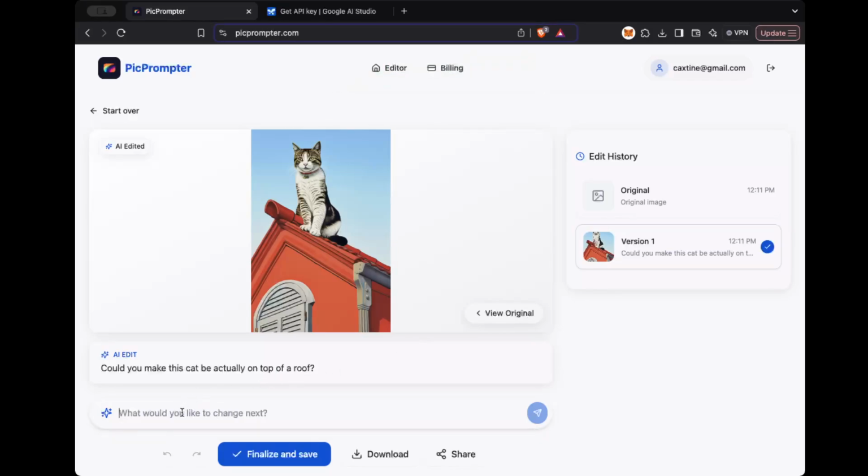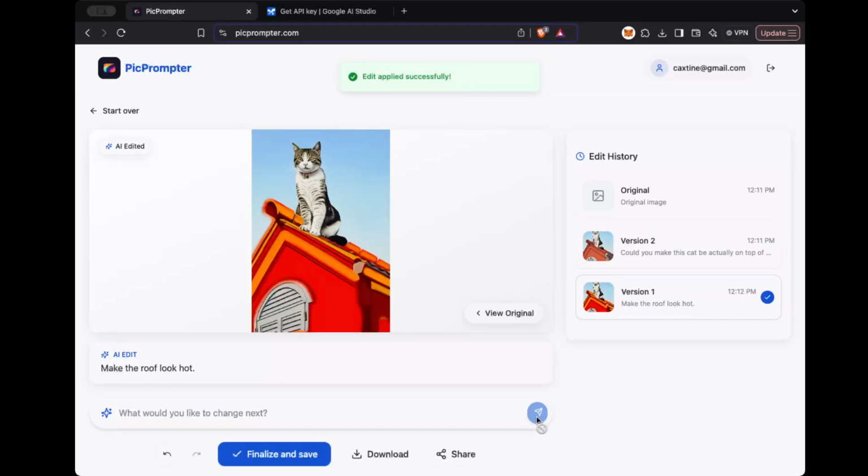Make the roof look hot. Maybe smoke. Let's see what it means by that. So we are waiting and see what it's going to come up with there. I guess it just made it a little bit more steamy, and the cat looks a little annoyed,